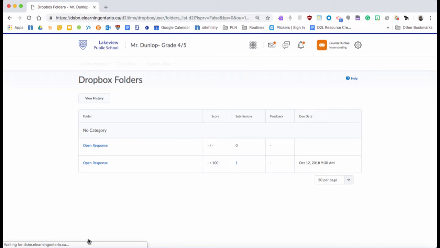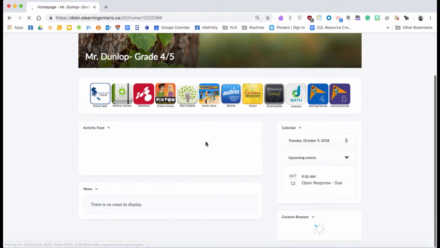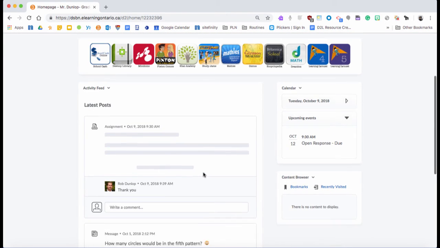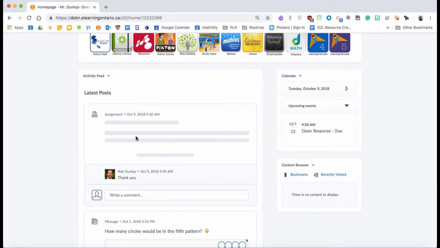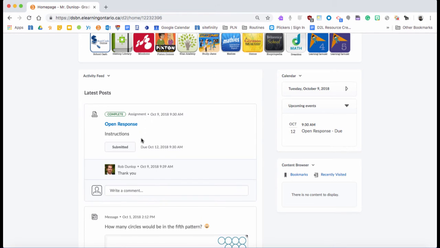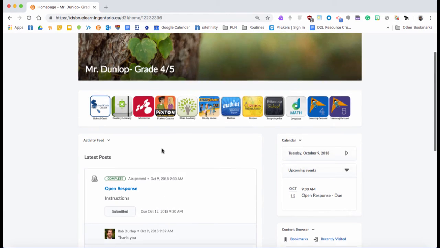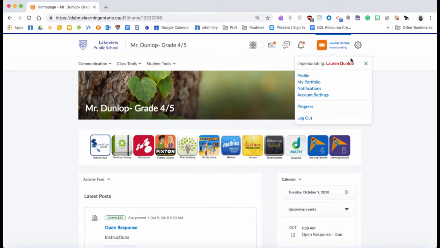They just hit done. And if they go back to their page now, when it pops up, they're going to see that this has been submitted. So as you can see, it says that it's complete and it says that it's been submitted and it has the due date there. So that's how easy it is for a student to submit that. Now, if we go back to our page and look at it as a teacher,